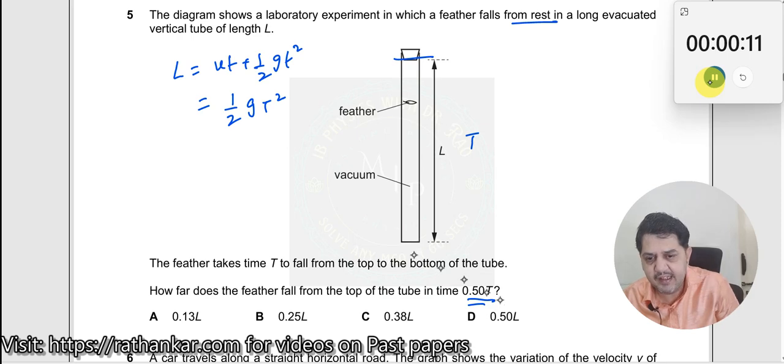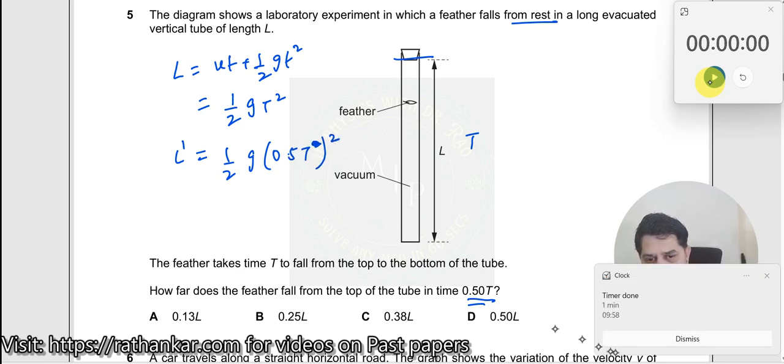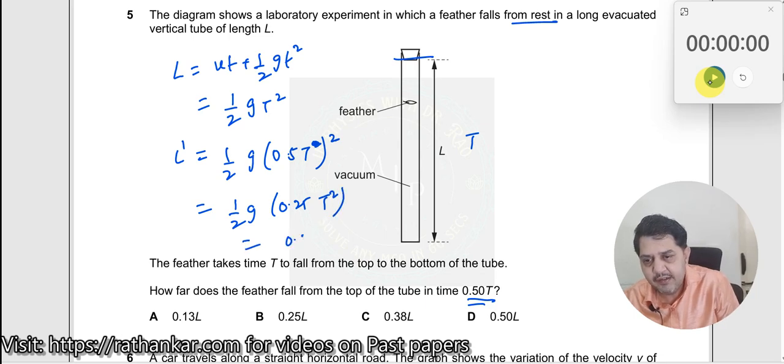Now what is he asking? In a time 0.5 t, what is the distance traveled by it? So what you do is you write L dash is equal to half g into 0.5 t whole square, not t square. So which should now be equal to half g into 0.25 t square, which should be 0.25